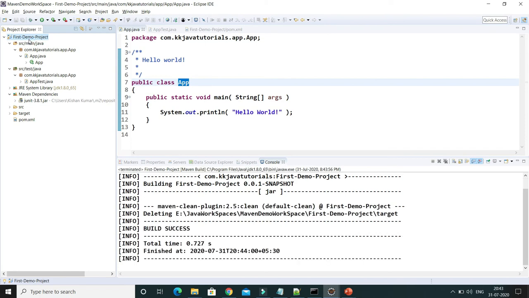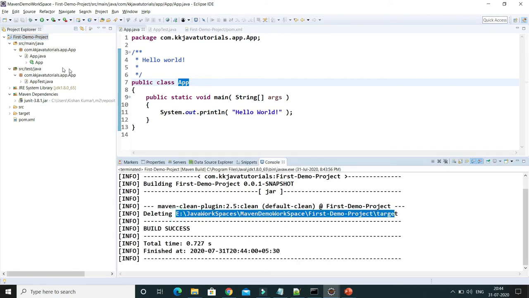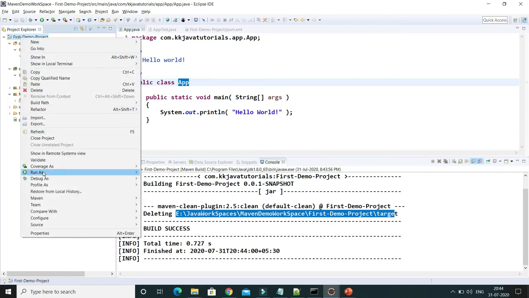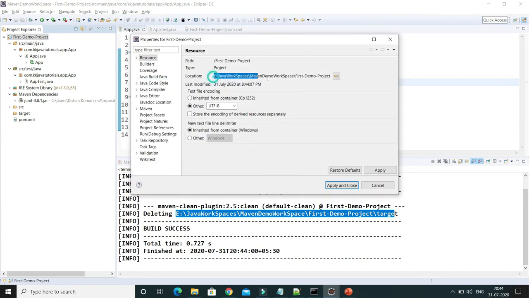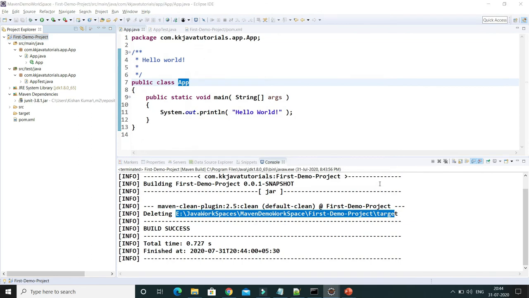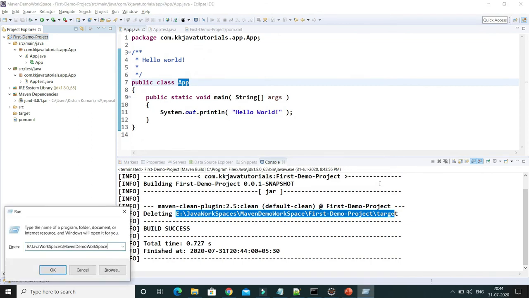Here you can see it saying it is deleting the target directory. If I refresh my project, then whatever is inside the target should be deleted. If I go to this project location, the target folder should be deleted, because we ran mvn clean.